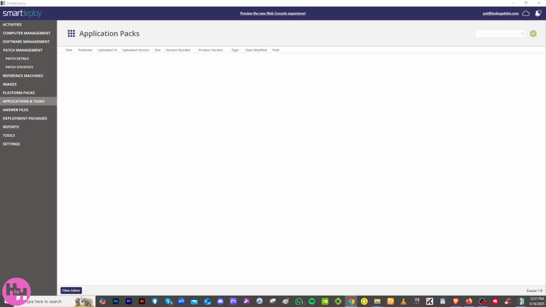The applications and tasks customize the deployment with tasks and apps. You can define post-deployment actions like package install or script executions, and it will be sequenced and applied dynamically. The answer files automate the Windows setup. These are XML files that answer prompts during Windows installations, eliminating manual input and ensuring consistency. The deployment packages bundle everything needed for deployment. For example, it combines image, answer file, platform packs, and optional applications which can be used for offline or USB